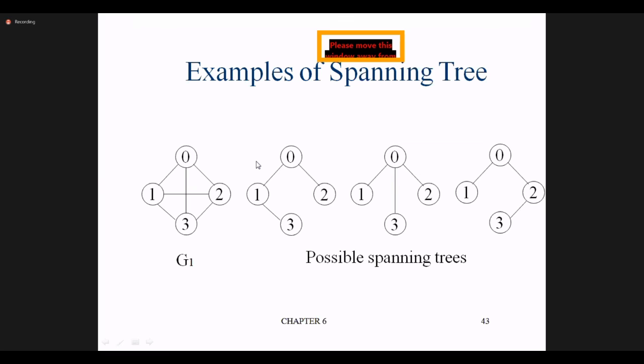So what does spanning tree mean? If you see this, this is a complete graph, that means a cycle is there, it is cyclic, but here it is not cyclic. It is either a BFS or DFS. There is no cycle: 0, 1, 3, 2. There is no cycle here. So when all the vertices are visited once by using either a BFS or DFS of a graph, the result is called a spanning tree.